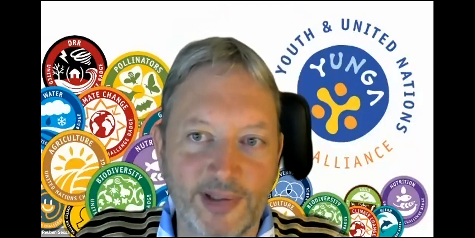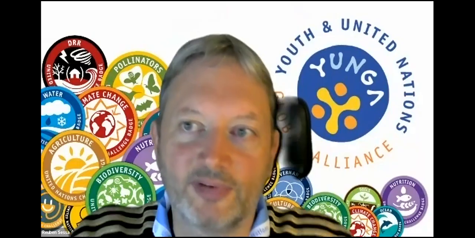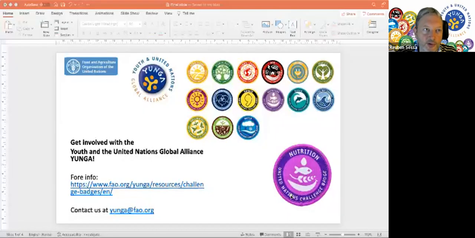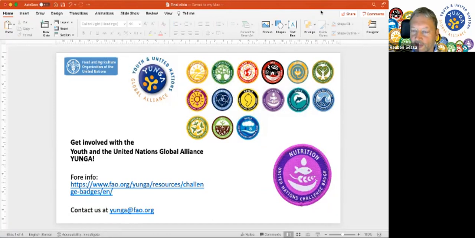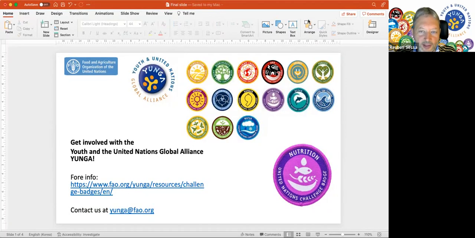It's a very short session, but as you can see, there's lots of activities and ideas that you can use for your Cub Scouts and Rovers. Here you can actually find more information. So as you see, what we presented today was some elements from the Nutrition Challenge badge, but we actually have challenge badges in lots of other topics for each of the age groups in Scout associations. And the nice thing is that it's a modular system, so you can actually build the actual curriculum around each topic to meet your actual needs.